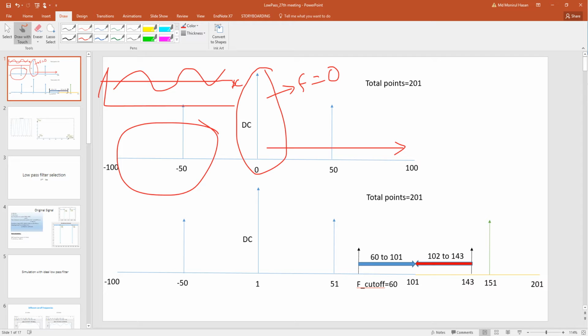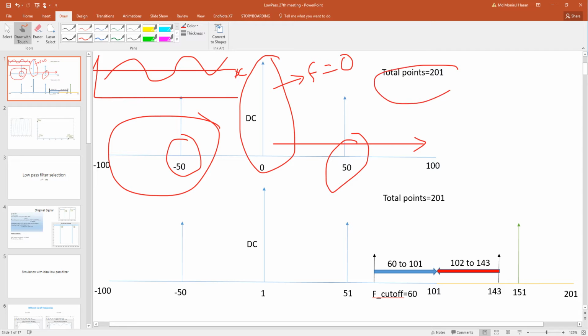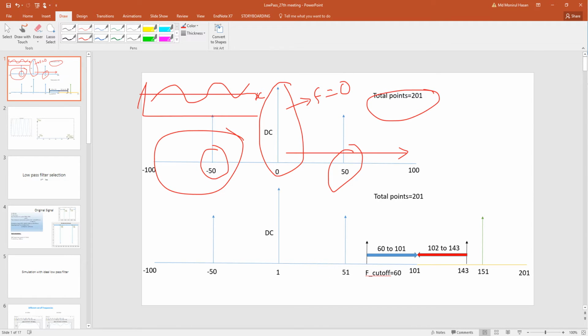Say our sinusoidal signal has 50 hertz frequency, so we will see one peak at 50 hertz and we will see another peak at minus 50 hertz. Say the length of the data vector that we are using is a total of 201 points. So here are the 201 points. Now one thing to notice is that